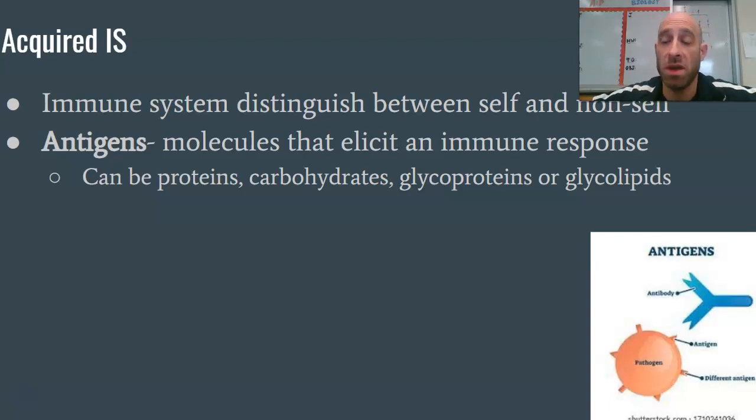And that's just so it could be carried in our blood. Our blood is water soluble, so glycoproteins and glycolipids allow the blood to transport things that are not water soluble, like, for example, lipids. So if you take a look at this image here, this shows you a pathogen, right? And then on the pathogen are these antigens. So antigens are normally going to be, like I said, a carbohydrate,